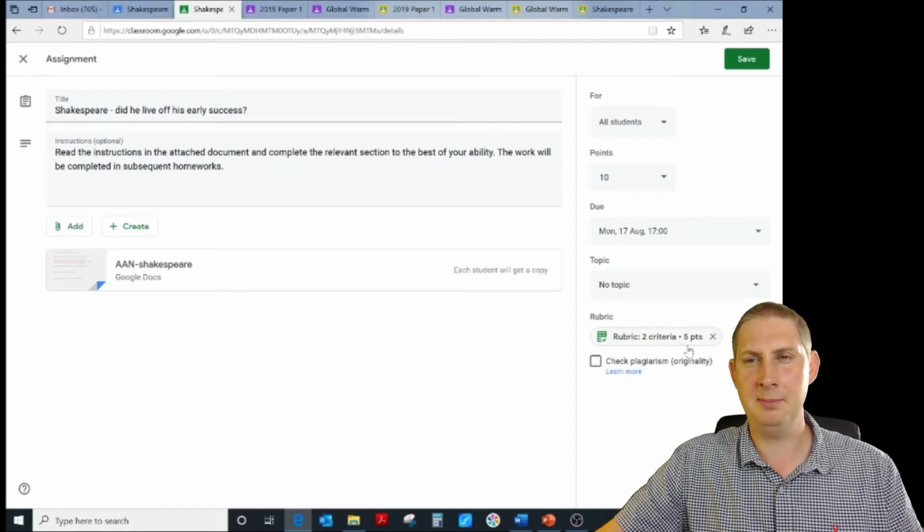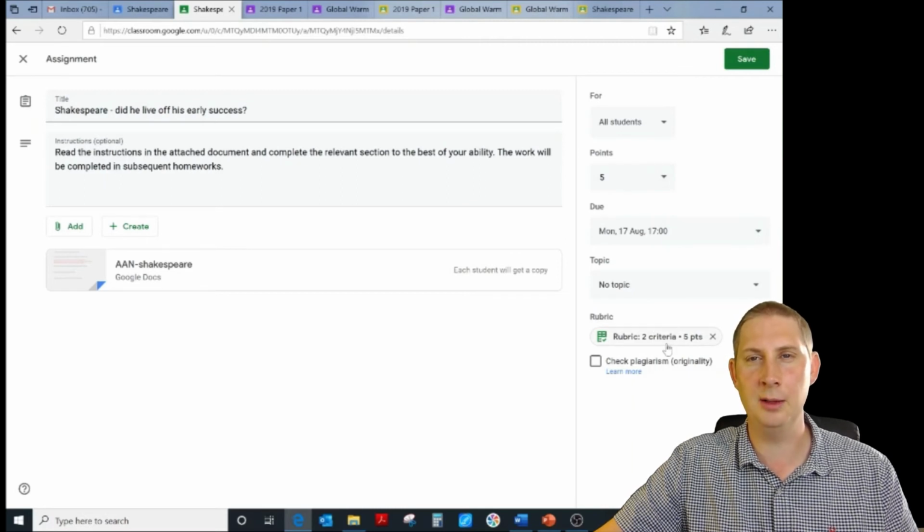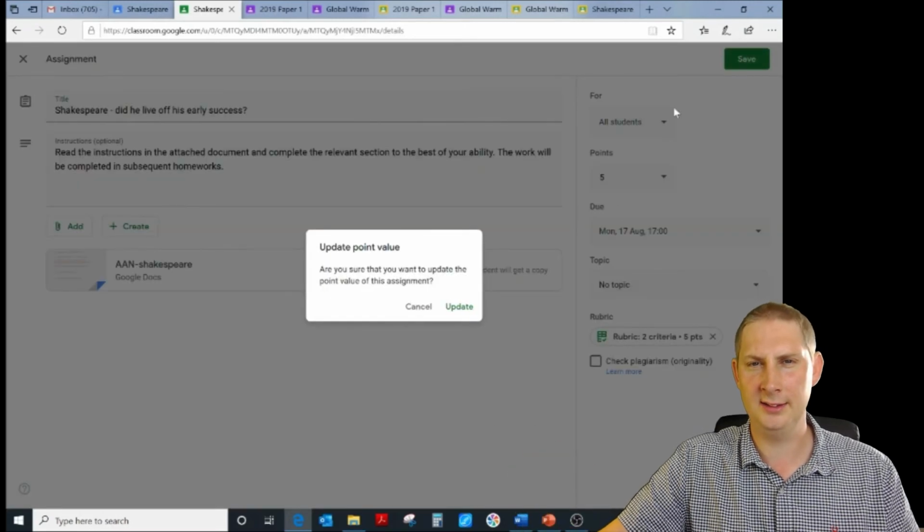Here it tells us the maximum number of points available is 5, so I'm going to make sure that that points total is set out of 5 there, so that matches the points available on the rubric, and then I can save that